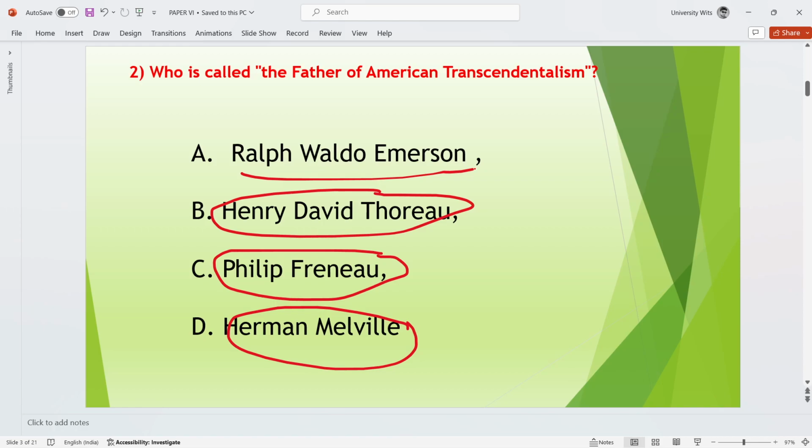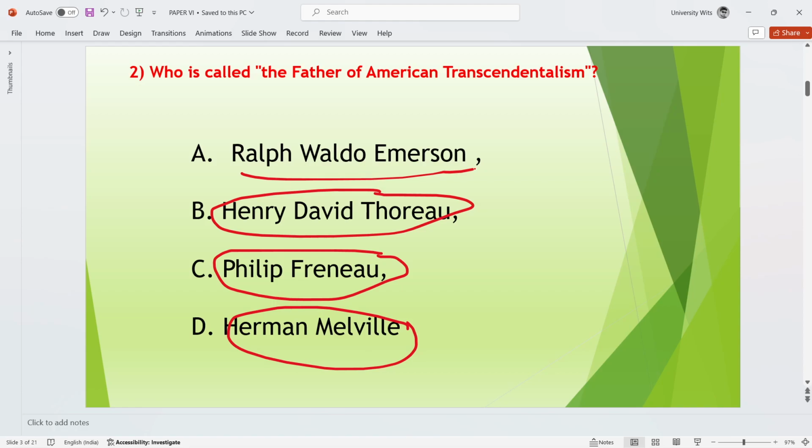So he was the father figure. If you read about him, if you read The American Scholar, then you can relate to what I'm saying. Okay, he delivered a speech at Cambridge University, I think. There is a society, the Phi Beta Kappa Society. Remember? So he delivered a speech. If you read The American Scholar, then you can understand that.